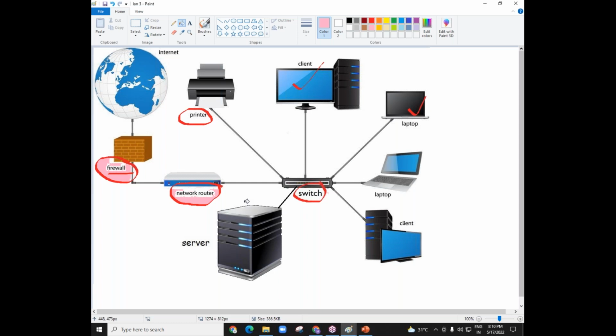Suppose one branch is in your own city and the other branch is also within the city. Or maybe one branch is in Delhi, another somewhere in, let us say, Mumbai. Or maybe one is in India, one in, let's say, Brazil, one in Australia, wherever the branches are located. How to make communication between these branches, my friend? To make communication between these branches, we have to go with the device called a router.